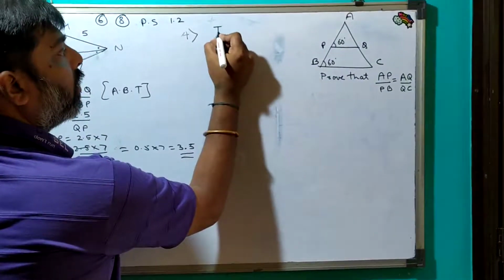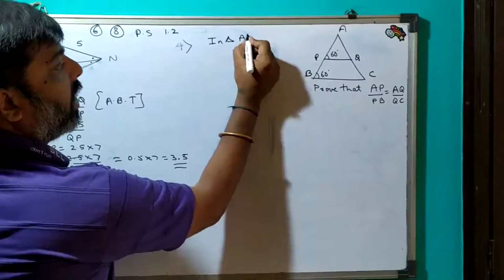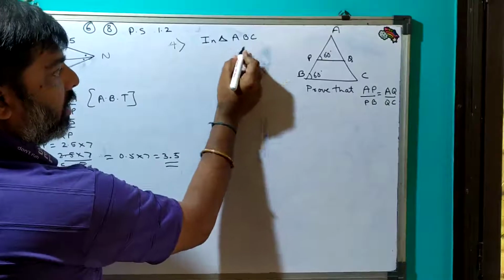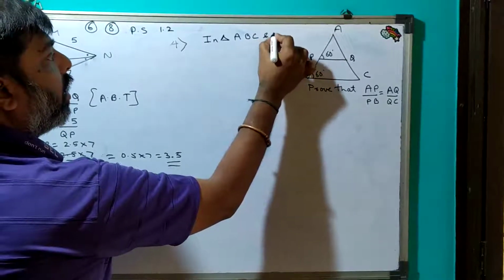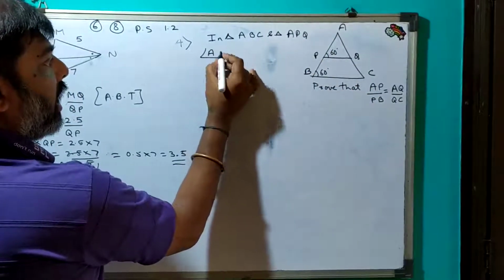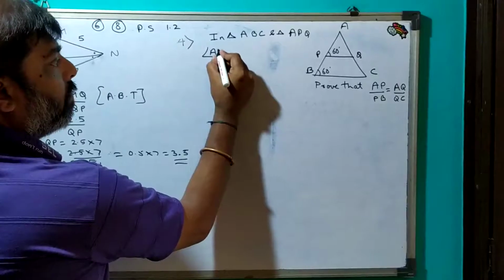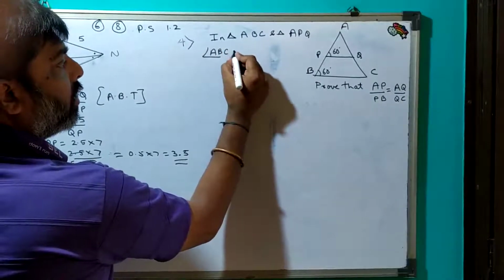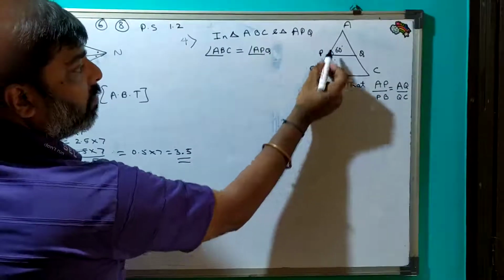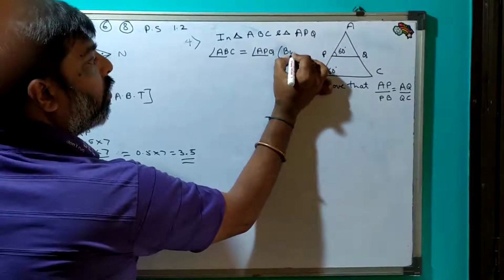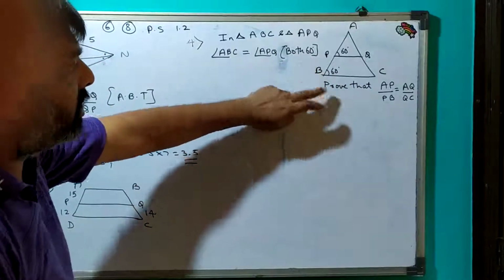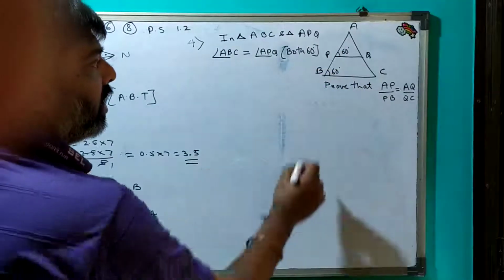Now, in triangle ABC and APQ, angle ABC is equal to angle APQ. Reason, both are 60 degree. Since both are 60 degree and they are in such an angle, then I can get